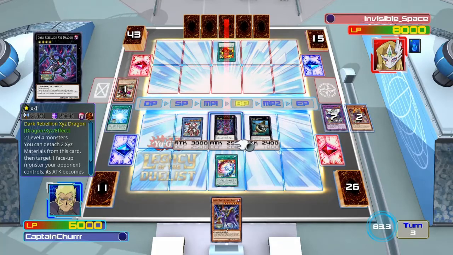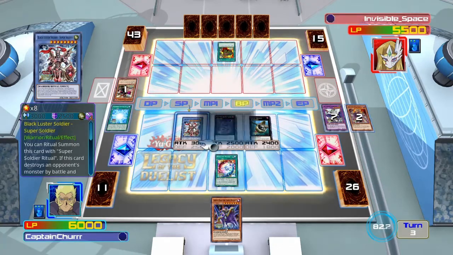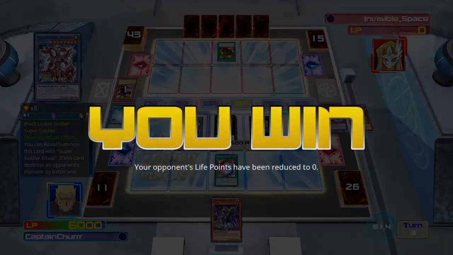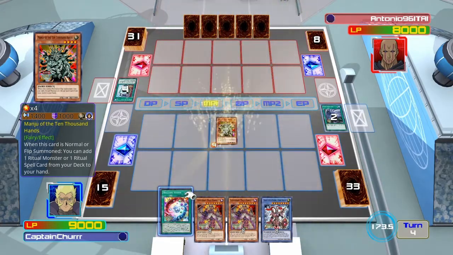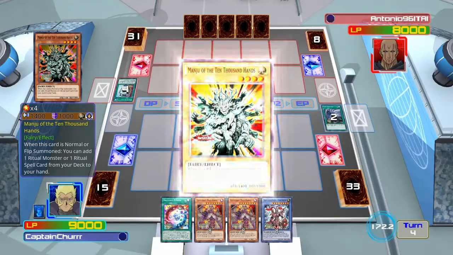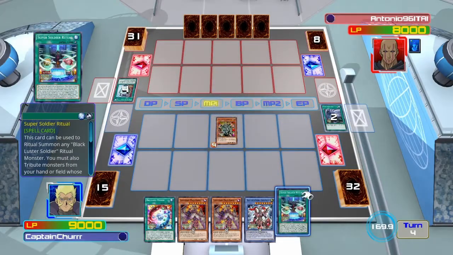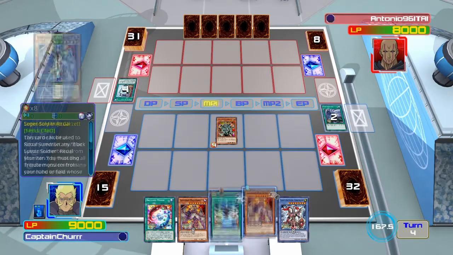And Seraphonite, its effect is it gives you an additional summon, so it just allows you to make more plays and get into your Blackluster Super Soldier, get the right levels to bring it out. But you would have noticed that the Brilliant Fusion was actually on my side deck, and the reason why is because there was just one annoying thing,